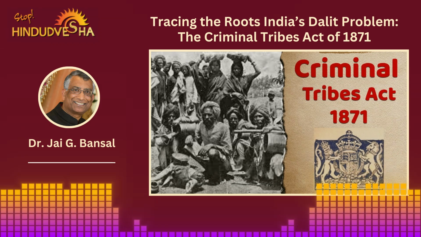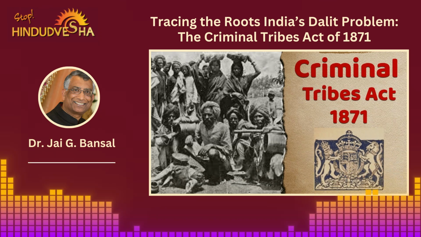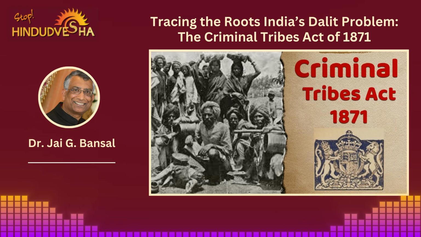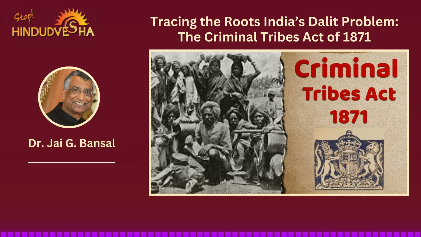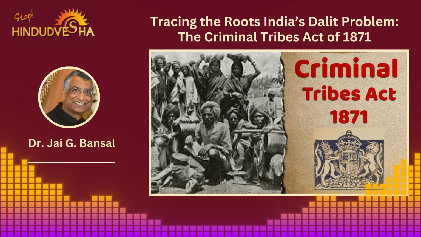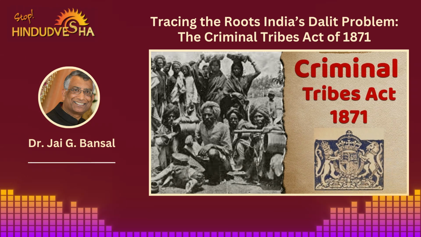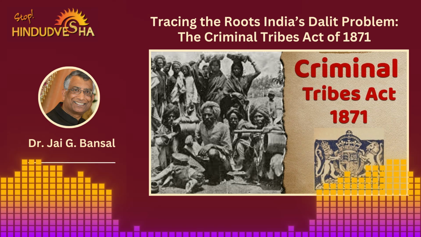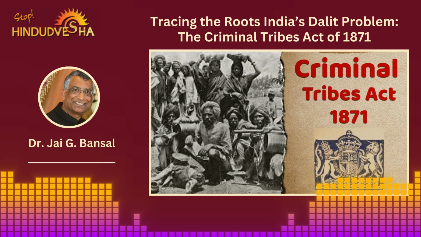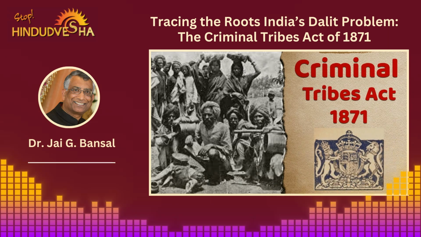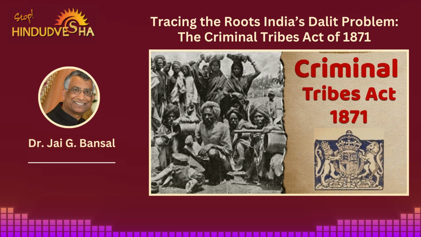Legislative evolution. The first iteration, the Criminal Tribes Act of 1871, primarily applied to North India, but later extended its reach to other regions. Subsequent amendments, culminating in the Criminal Tribes Act of 1924, consolidated and expanded the legal framework. The colonial government compiled lists of criminal castes, subjecting them to restrictions on movement, compulsory registration, and surveillance by local police. Once a community was officially notified, its members had no avenue to challenge these notifications within the judicial system. Subsequently, their activities faced strict monitoring through mandatory registration and passes.